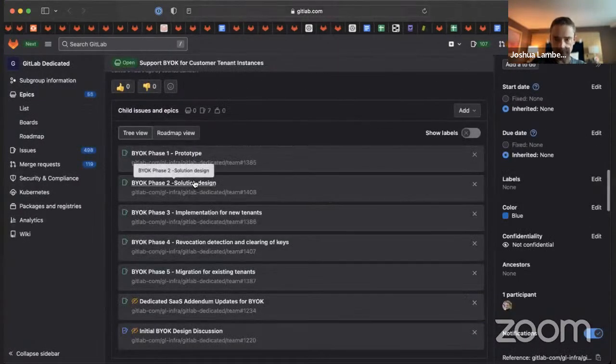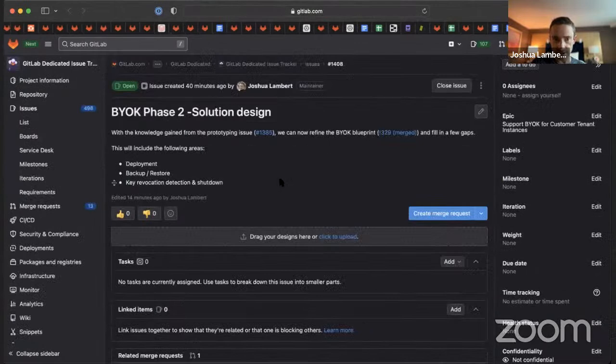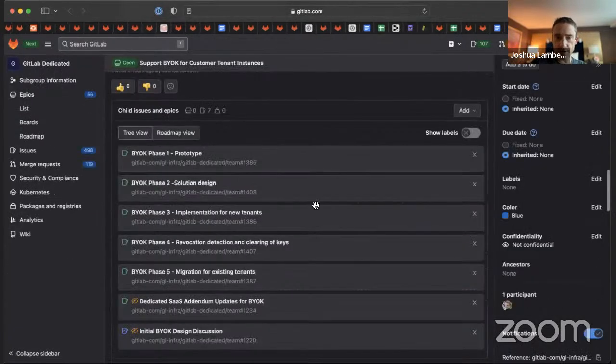And then from there, we can refine the blueprint / solution design and get that reviewed now that we have more information on how this all works. And then we start getting into implementation for new tenants. We work on key revocation detection and shutdown. And then we work on migration of keys. That's kind of the general, or migration of tenants. That's kind of the general thought of how we're going to try and approach